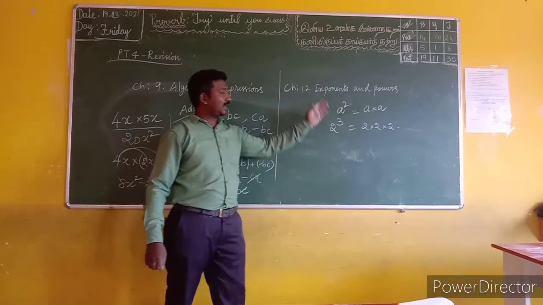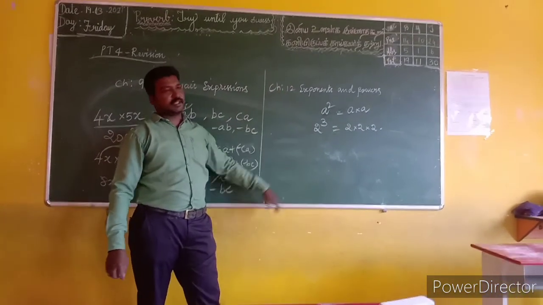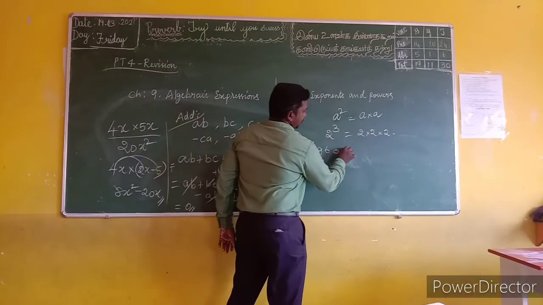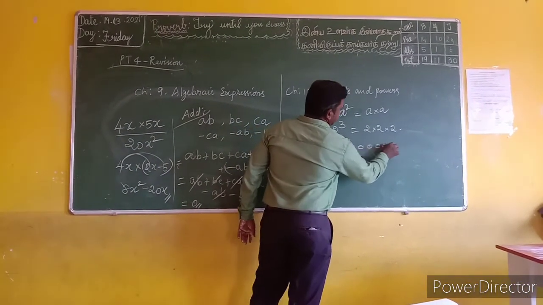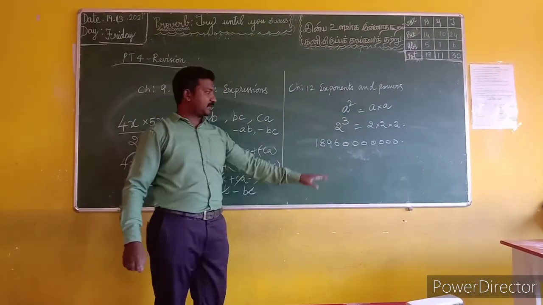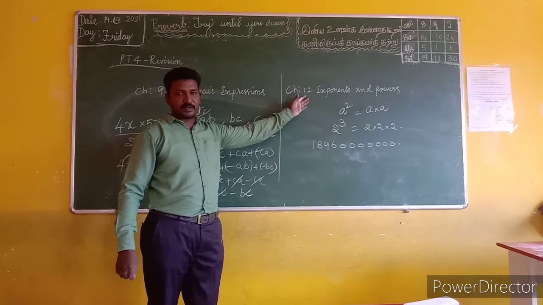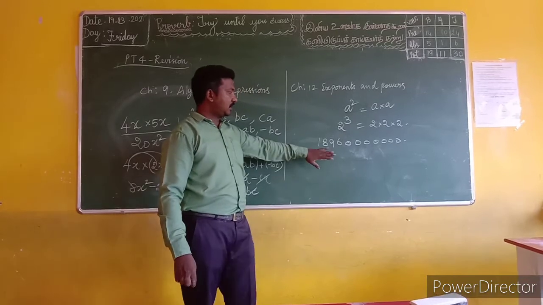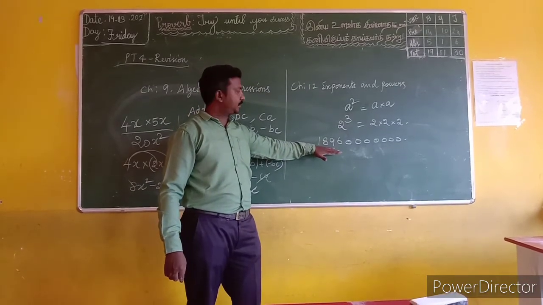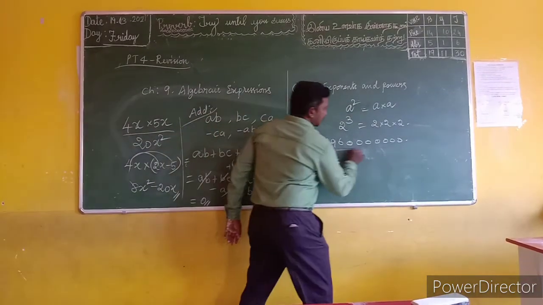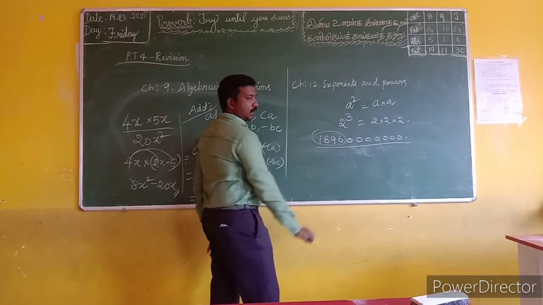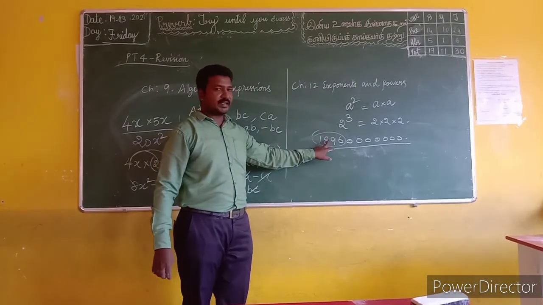What is called exponents? Exponents is nothing but the large numbers. Large numbers can be expressed in the form of exponents. That is the standard form. How can you write the standard form? Always the value what they have given, you can choose the numbers alone. First number is 1 and further numbers are 896.